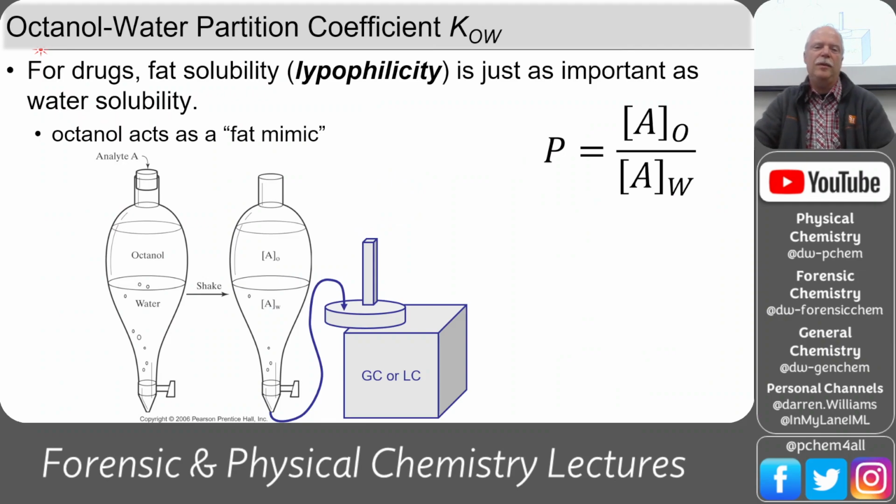So now let's talk about the hydrophilicity and hydrophobic nature, or lipophilicity. For drugs, fat solubility is just as important as water solubility. And so we can use the octanol-water partition coefficient as sort of the gauge of how fat soluble or how water soluble something is. So octanol acts as the mimic of your fatty tissues, and water acts as a mimic of your blood. So blood,